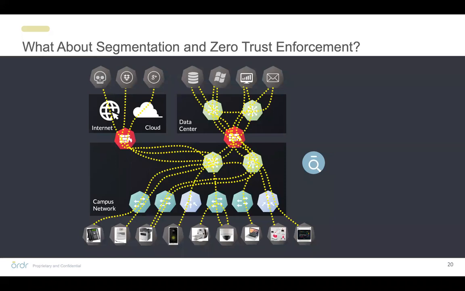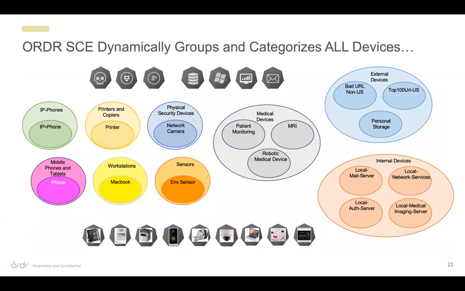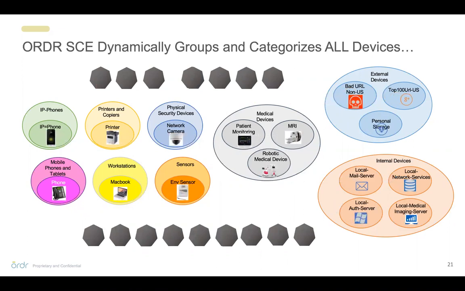We still have that challenge, though. Now, even though we can provide super fine-grained classification and telemetry about that device, I still need to crack the nut on what does that device do. So the first thing, I'm going to highlight what we're doing in terms of the automatic grouping to understand what the segmentation policy is, and if our network is properly enforcing our segmentation policy, is that all devices are automatically put into their proper groups and classification.